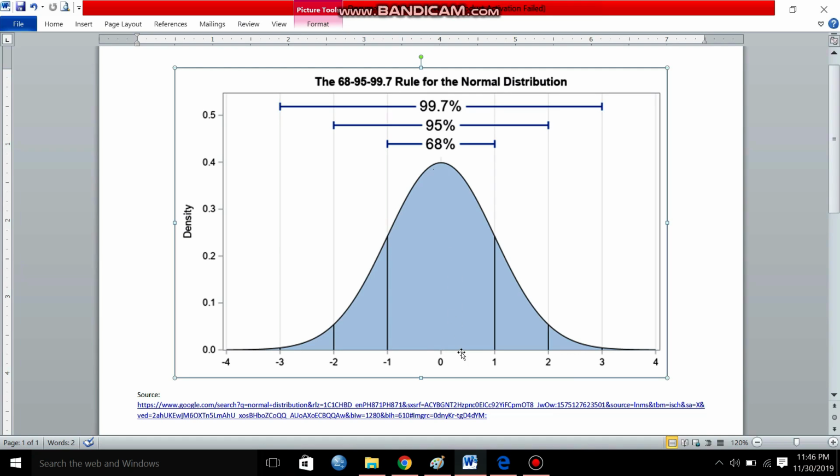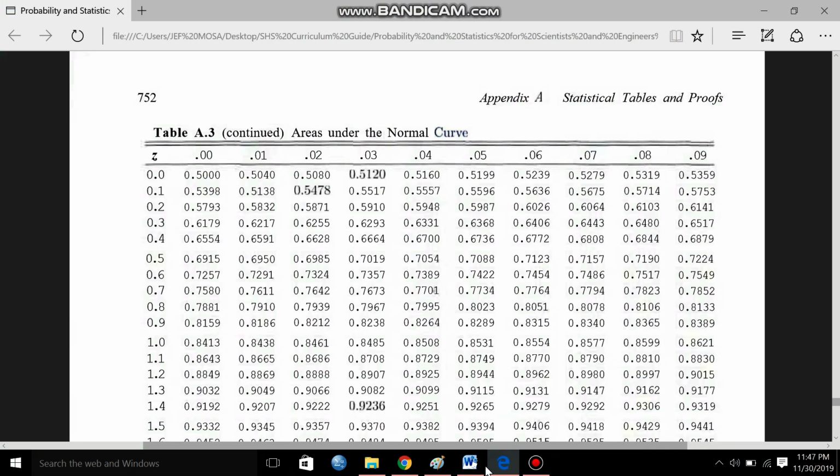So basically, if you have larger scores, there is a possibility that your score lies on the right side. But if your scores are lower than the mean, there is also a possibility that your score lies on the left side of the normal distribution. Okay, so let us now convert the z-score